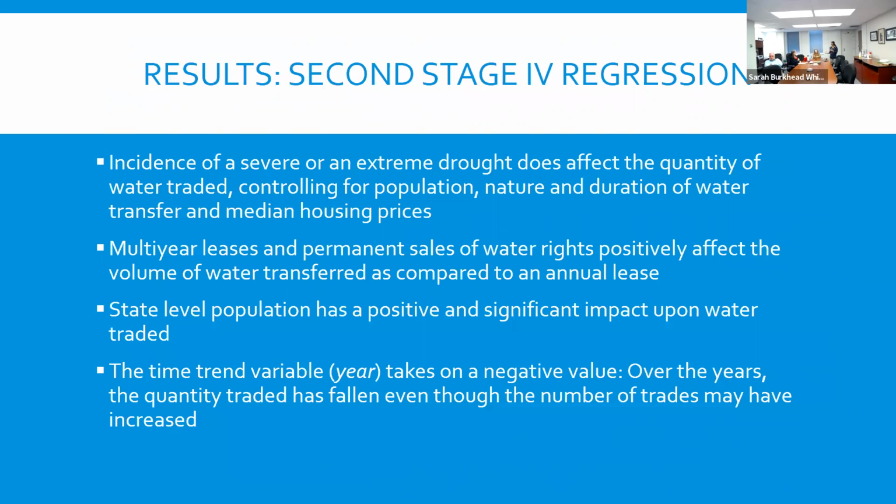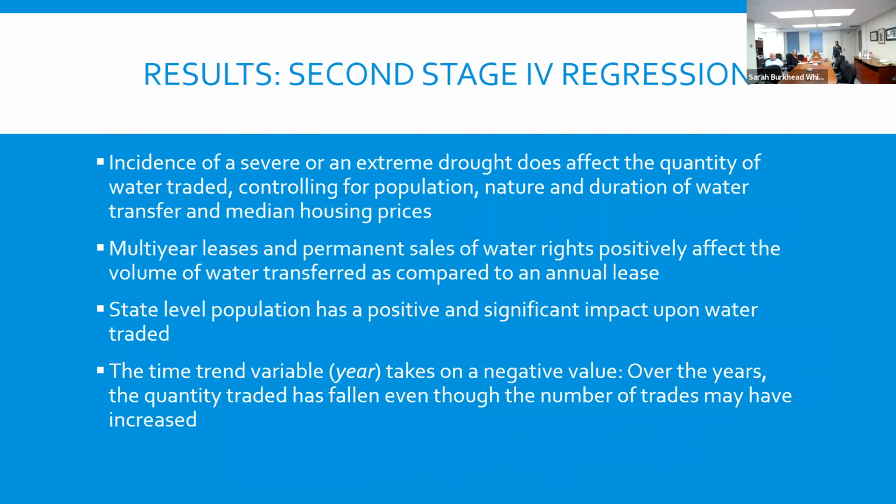I found, supporting other studies, that drought really has a statistically significant effect. Even though many people these days, with other sophisticated models, said that drought may not have had the desired impact on water transfers in recent years, at least for my data set and my study, I found a statistically significant impact. That says a lot: we need water when there is drought. The trading of water is sometimes essential when there is drought. That's what the research is saying.